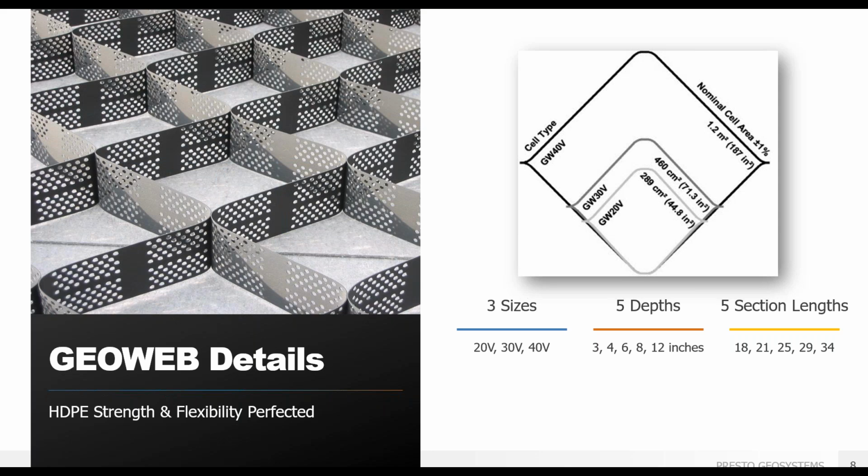The ultrasonically welded seam, basically where all the connecting points are located, is extremely critical for the function of a geocell. So the stronger the seam strength, the better performance of the geocell. A strong seam really allows for better lifetime performance. We've been making GeoWeb for the last 40 plus years out of a high quality virgin HDPE resin that provides consistently strong seams while also maintaining a long and durable seam.